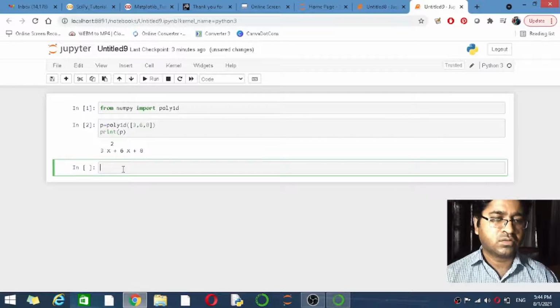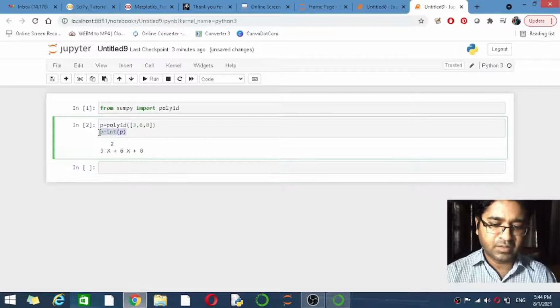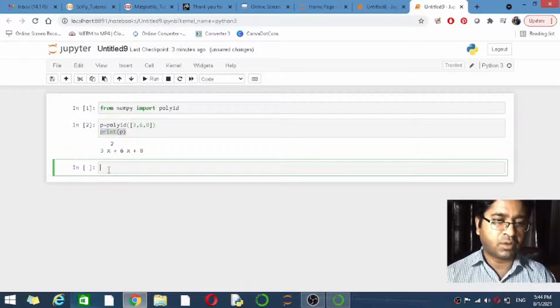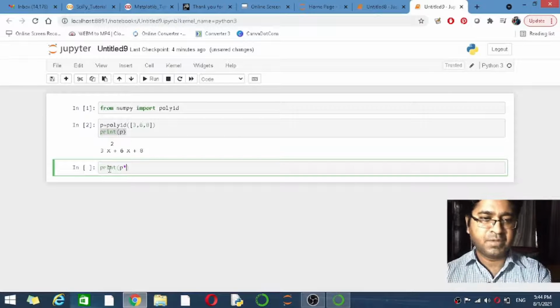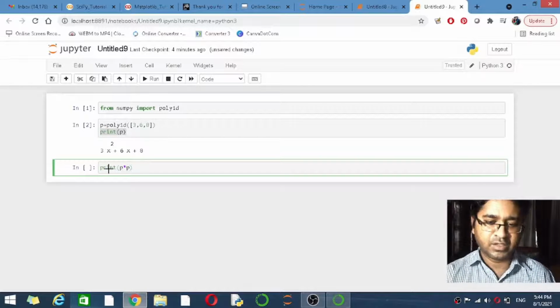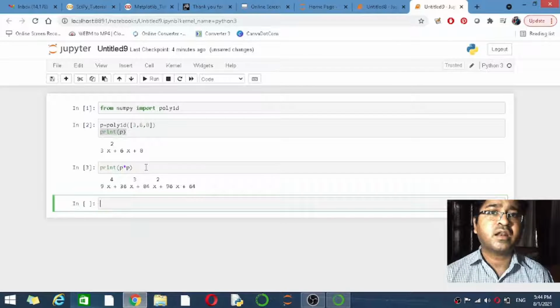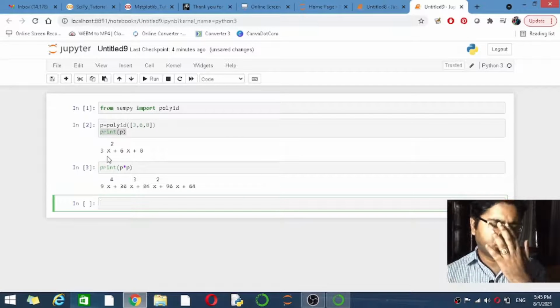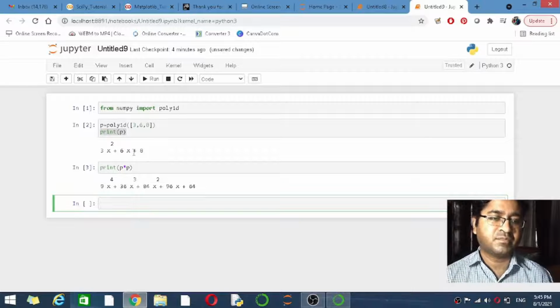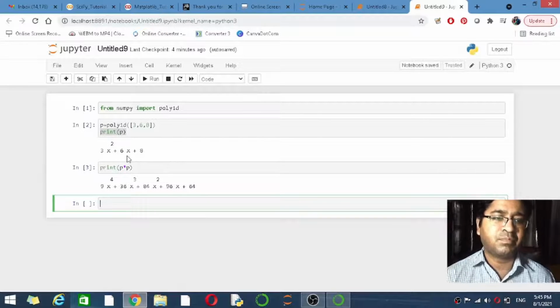So what we will do, we are going to print the function. I am going to copy here and then print p, and p asterisk p, and it is going to print the square of this quadratic equation, 3x square plus 6x plus 8. We are going to multiply by the same polynomial.